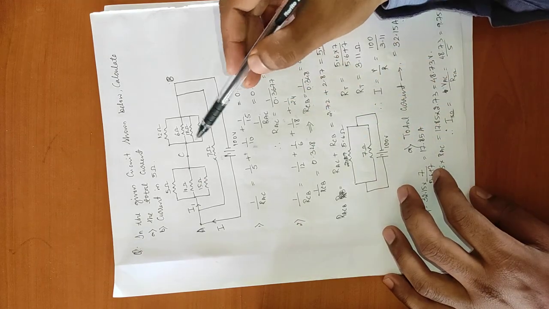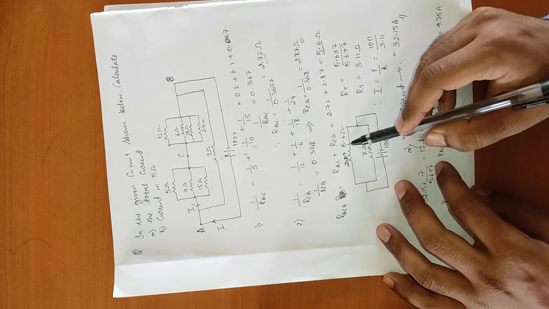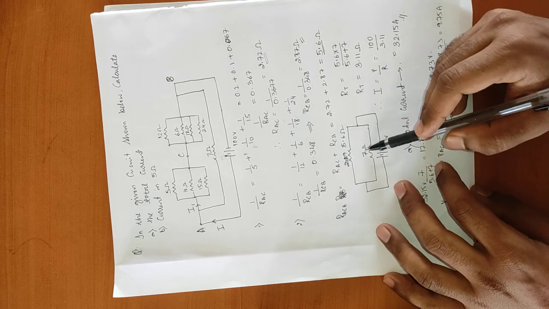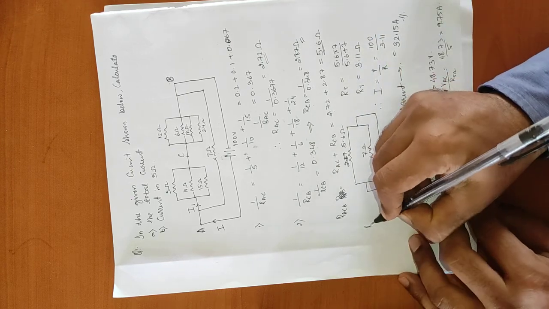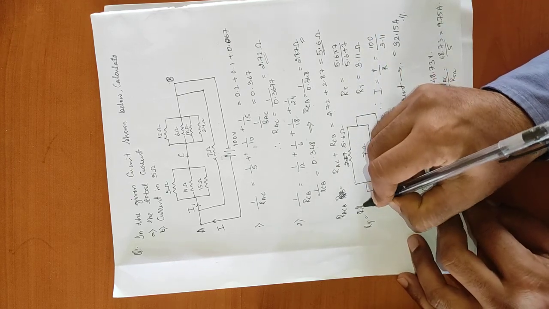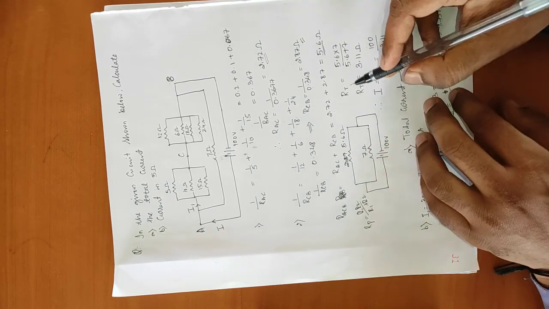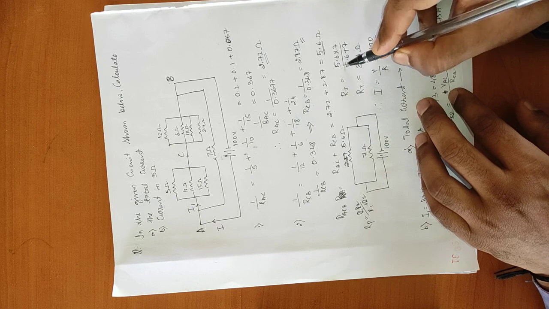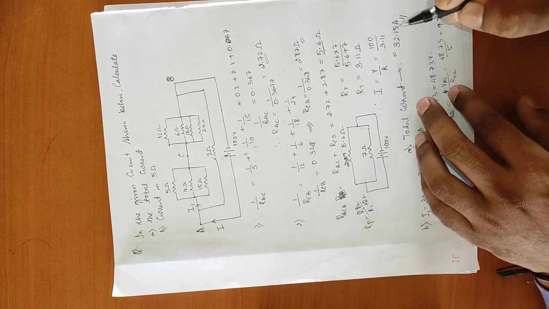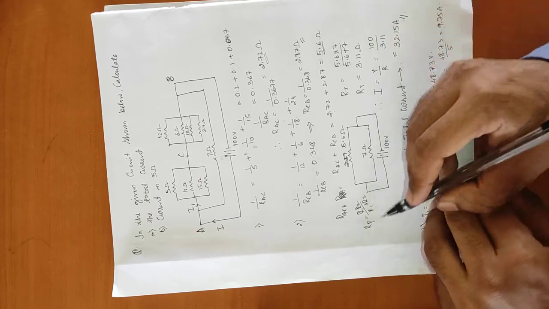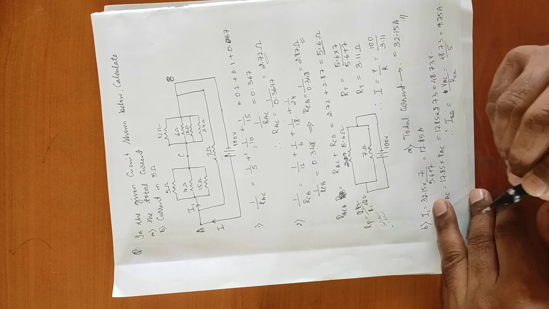To this we have another resistor which is connected in parallel, that is 7 ohm. So now 5.6 ohm is in parallel with 7 ohm. By using the formula, Rp is equal to R1 R2 divided by R1 plus R2, right? Therefore RT is equal to 5.6 into 7 divided by 5.6 plus 7. So the answer is 3.11 ohm. So we get one equivalent single resistor, that is 3.11 ohm.